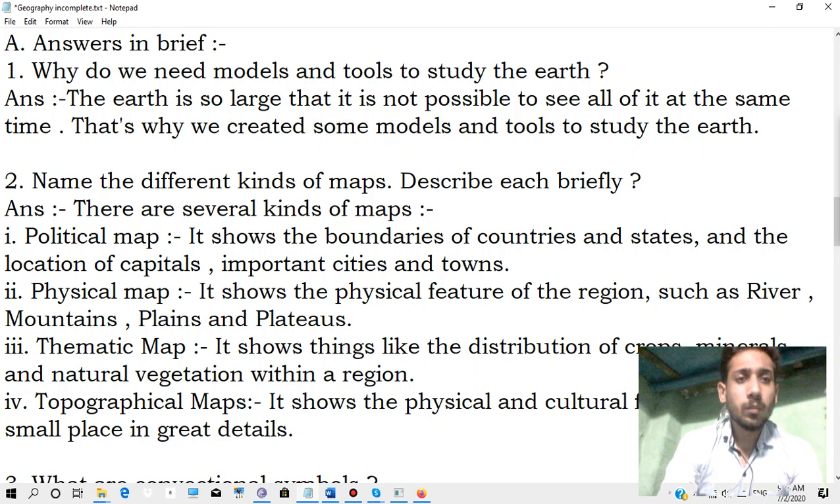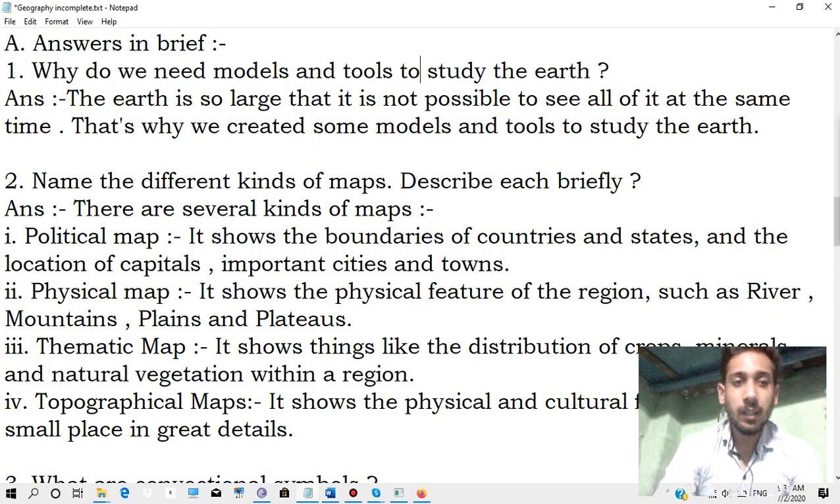Today we are going to start from question number two, that is, name the different kinds of maps and describe each briefly. So first of all, let's go for the answer. There are several kinds of maps. The first one is the political map, and a political map will only show the boundaries